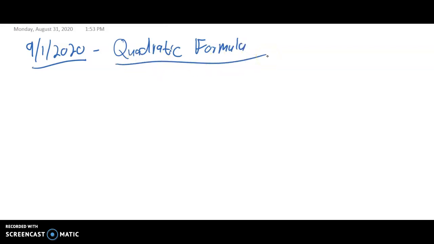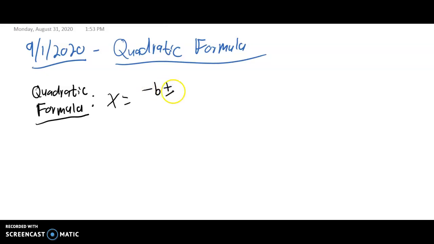Alright guys, right off the bat, we're just going to start and write out our quadratic formula. We're going to label it as such. I'm betting that most of you have this memorized, but it's x equals negative b plus or minus square root b squared minus 4ac